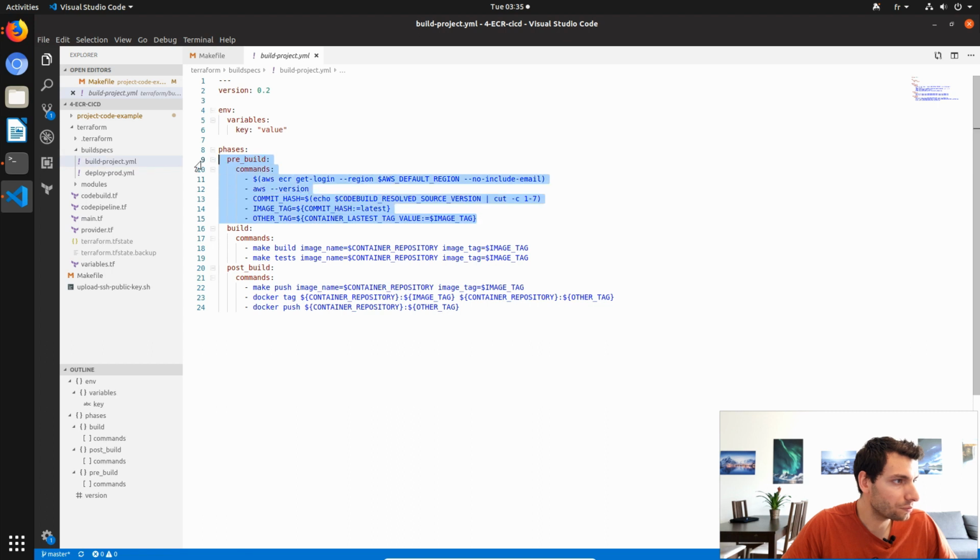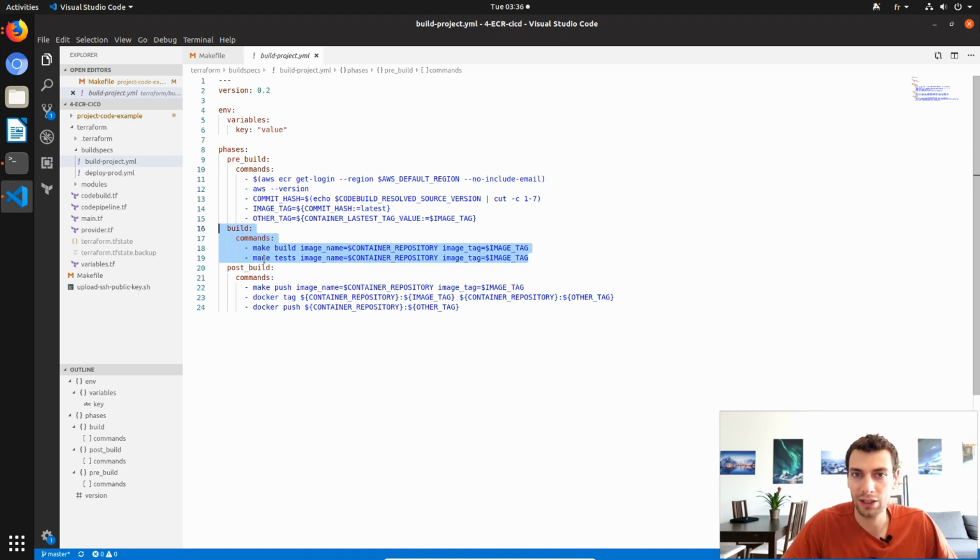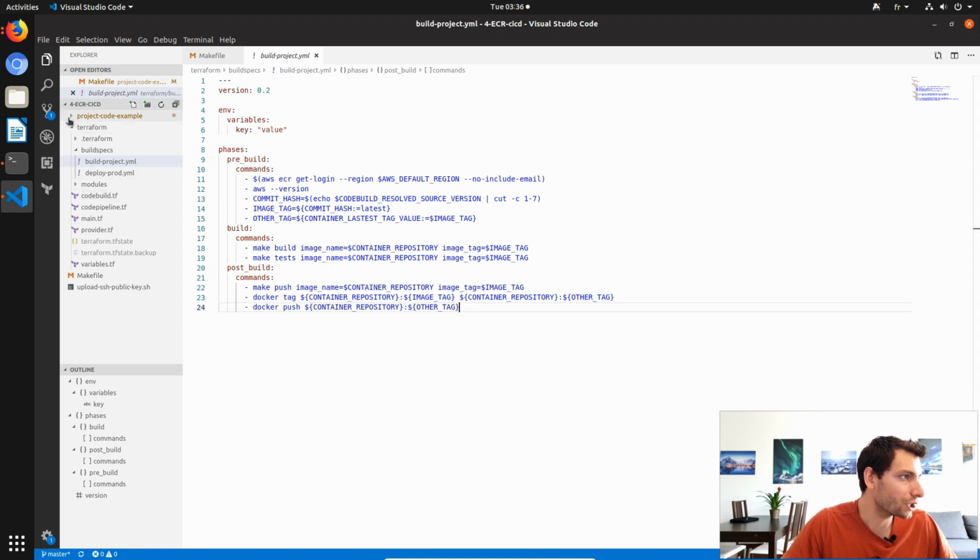So this is just for using ECR, you don't really need to do it. This is the build. So build is just make build of the container, and then it runs make test on the same container, okay? And this is not very important either. So when everything passes, it just pushes into the ECR, okay? So in every project you should have makefiles. It simplifies and standardizes the process. It's better. So if I look at the makefile of my project,